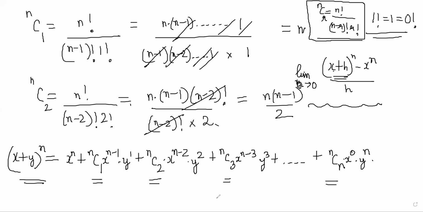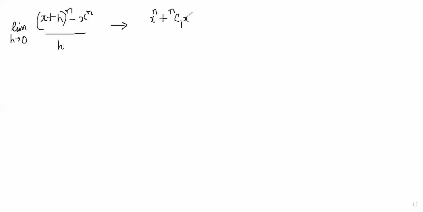Hello? Yeah. So are you getting anything here? No, I was trying, but yeah. So expand this by the binomial theorem. If you expand it, x power n plus nC1 x power n minus 1 h power 1 plus nC2 and so on. Yes, sir. So the last term will be nCn x power 0 h power n